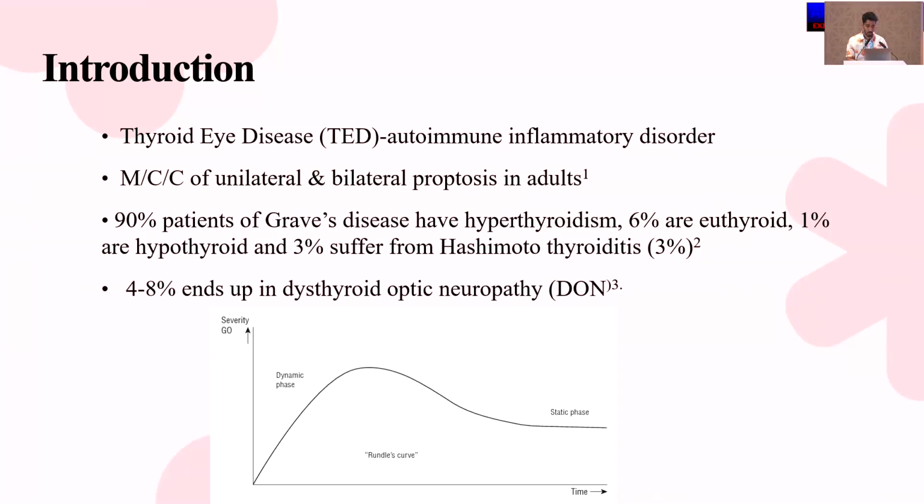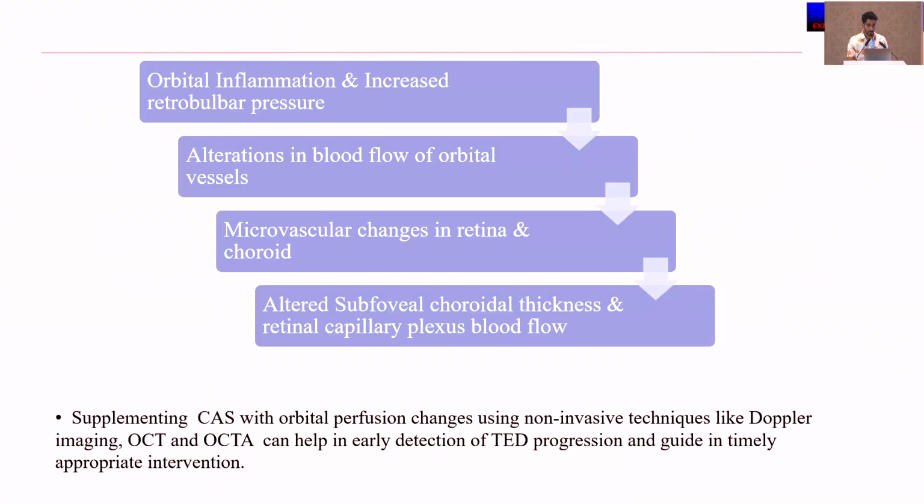Most of these patients follow a Rundle's curve, which has an initial dynamic phase followed by a later static phase. In TED, the orbital inflammation and increased retrobulbar pressure cause alterations in the blood flow of orbital vessels, which further leads to microvascular changes in retina and choroid, which further lead to changes in subfoveal choroidal thickness and retinal capillary